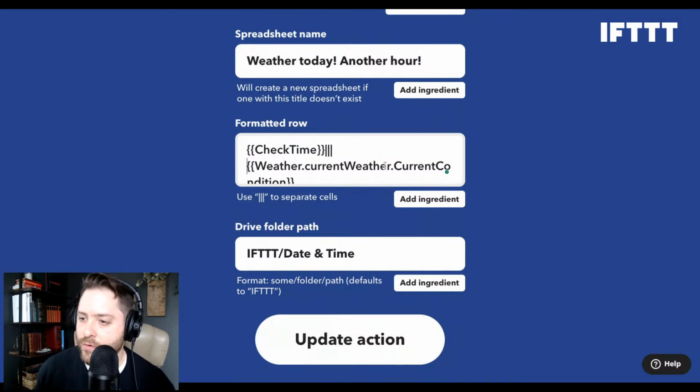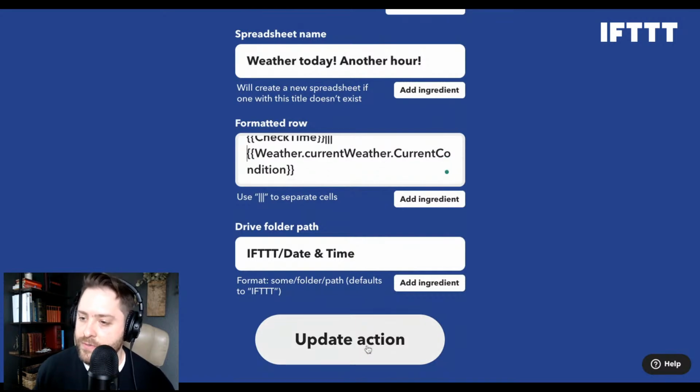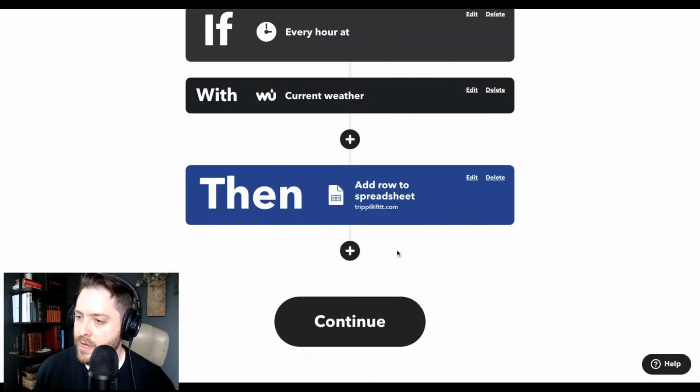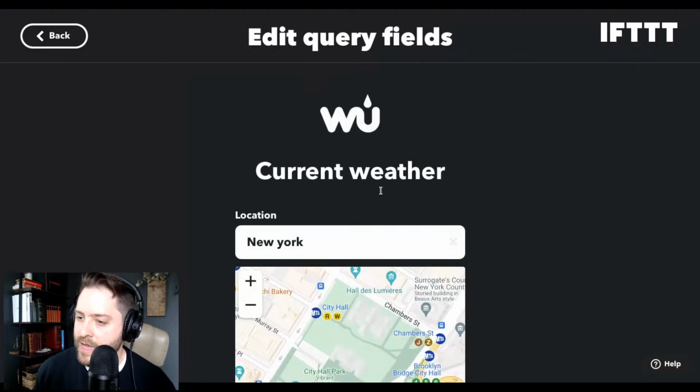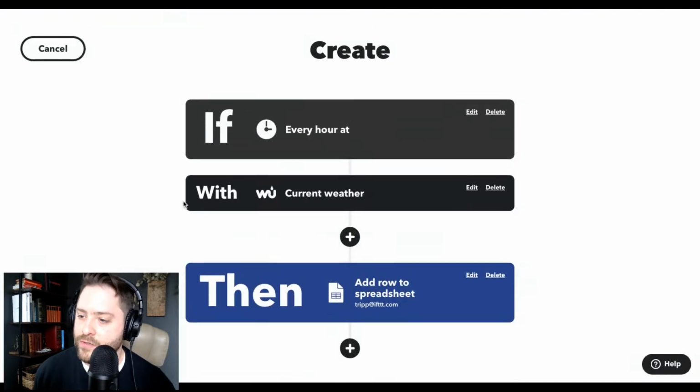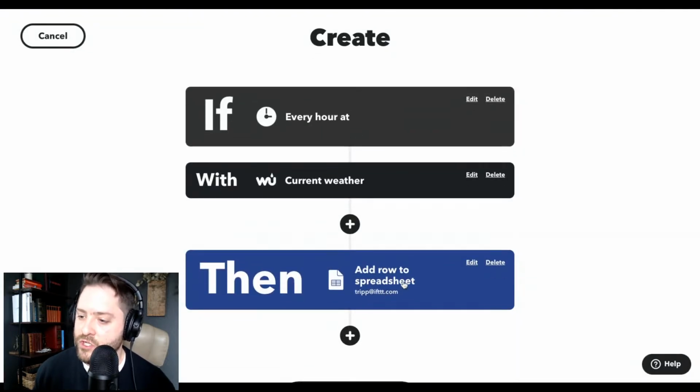The second column is going to be current condition. All right. We're going to update to current weather, update action. Boom. So this is basically going to add a new row every single time. Creates a new row to the spreadsheet.